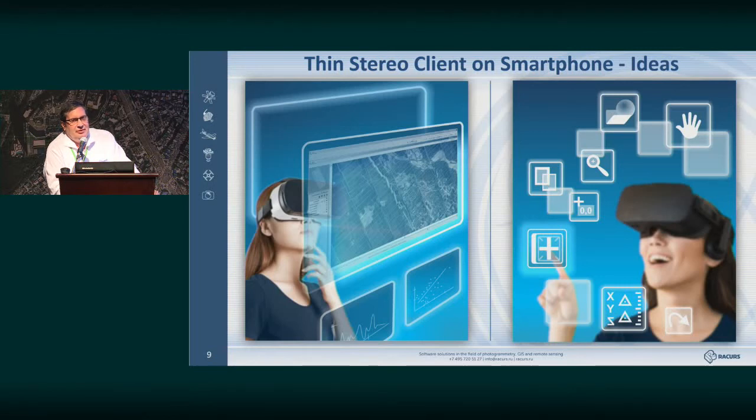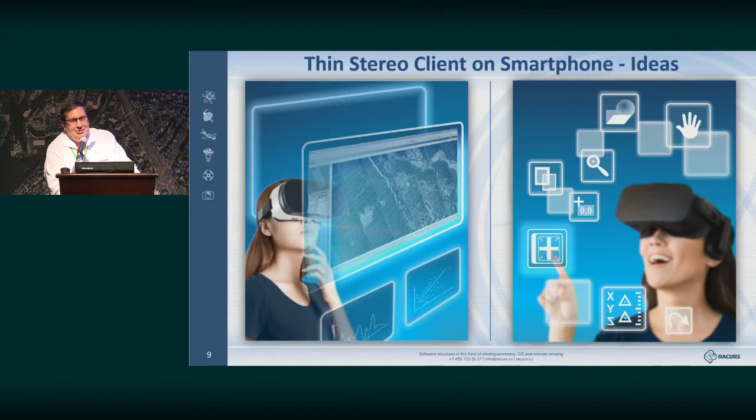At the moment, what you can see here is the smartphone with a photomod interface with quite small buttons. We have a mouse connected to the smartphone by Bluetooth, and these buttons are not easy to press. That's why we have invented, though so far we haven't implemented it, an idea where you see only a stereo window and vectors, and if you need to change the direction, you turn your head right.